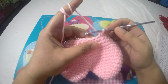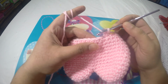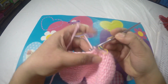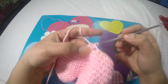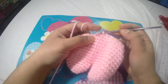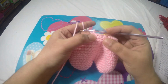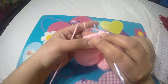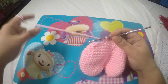We are going to do another decrease of 4 stitches, and that will give us a total of 20 stitches around. For that we will do 1 single crochet in the next 3 stitches. So 1, 2, 3, and we'll do 1 single crochet in the next 4 stitches. So 1, 2, 3, and the fourth one we'll do a single crochet again,